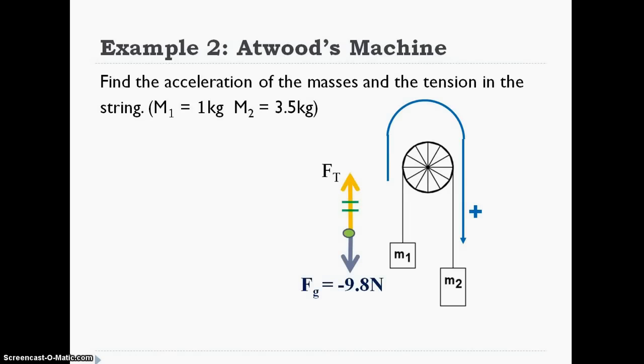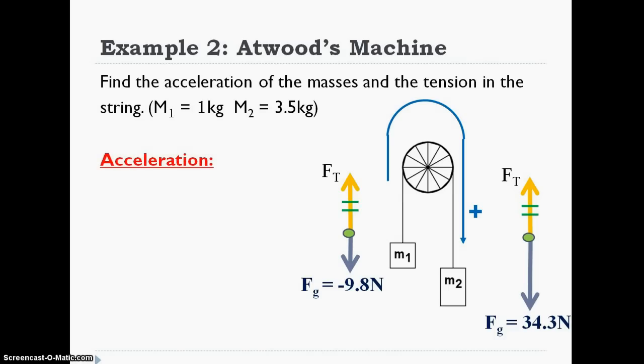So here's my force diagram for mass 1. Here it is for mass 2. So I made gravity bigger for mass 2 because it has more mass. I'm saying mass too much. But notice that the gravity for mass 1 is negative because it's pulling against the direction of motion, essentially backwards. And the weight of the one on the right is positive because it's moving forwards. It's in the direction of motion. And again, the tensions will be the same.